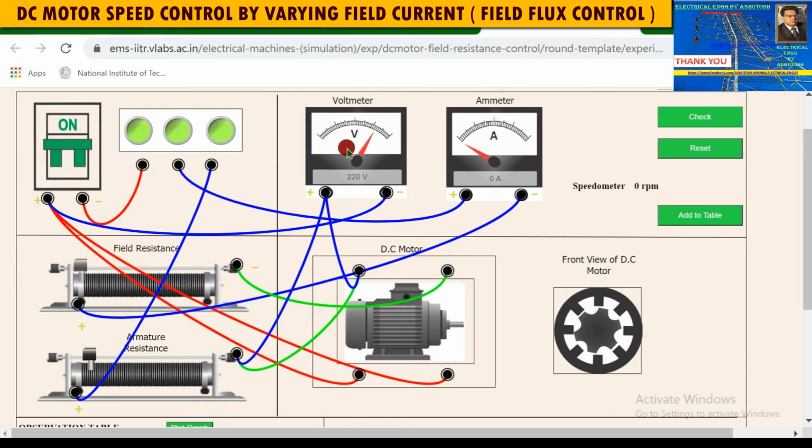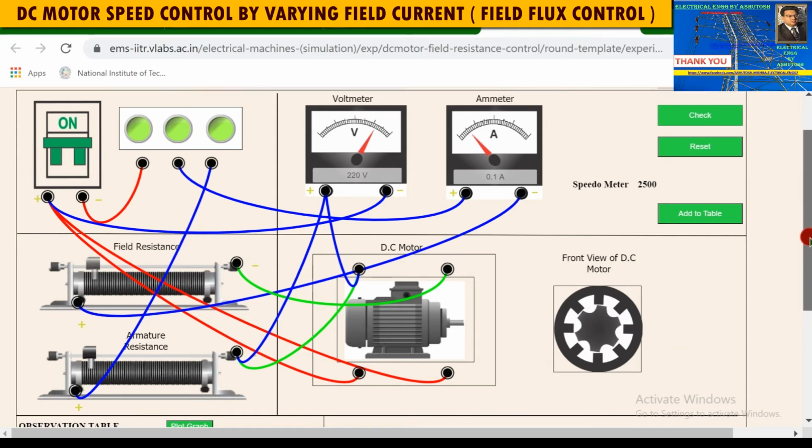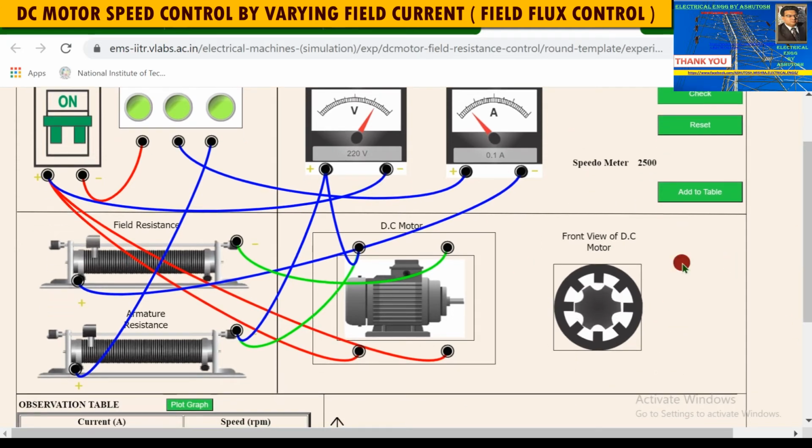Okay, so now there is a reading on the voltmeter and ammeter, you can see, and then you have to slide this field rheostat like this. Okay, then the motor is started. You can see the motor is running now, and motor speed is 2500 rpm. You can see from this diagram, supply voltage is 220 volt. This DC motor is fed from a DC supply, 220 volt is reading, and field current is 0.1 ampere,